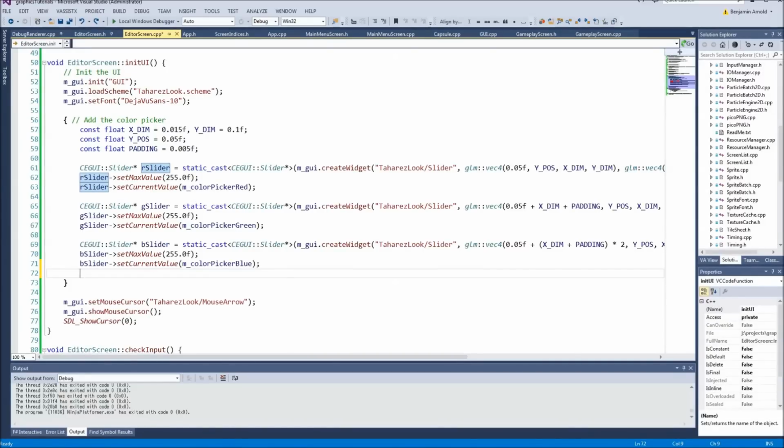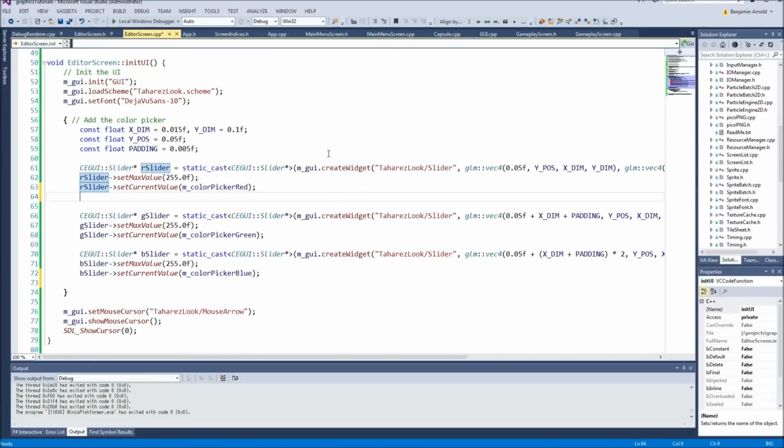So we can actually set up an event that runs whenever the sliders move. And the event is called, I believe, the... what is it called? I don't remember what it's called, but it doesn't matter. We'll figure it out. So what we're going to do is our same subscribing event code. We're going to say our slider, and it's going to be subscribe event. And then first thing we do is say what the type of event is, and it's going to be CEGUI,